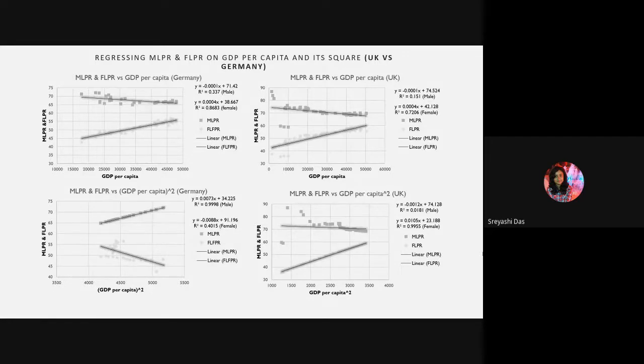So here in case of female labor force participation rate for both the countries, we can see that with the increasing of higher values of GDP that is gained over time, female labor force has seen a steady growth in both nations. Whereas in case of the male labor force participation rate for both the countries, we can see that with increasing of the GDP, male labor force participation rate falls, but not that much, which indicates that people are leaving the workforce for probably higher paying jobs, which requires less labor or are being replaced by women. So from here, we can conclude that economic growth increases total labor force participation as well as